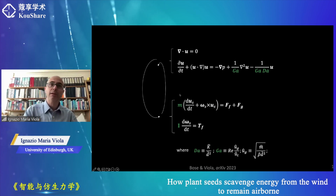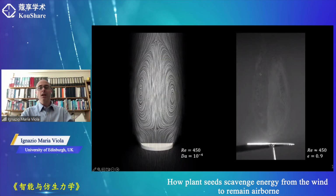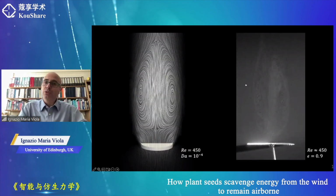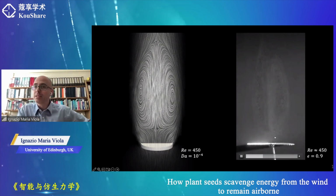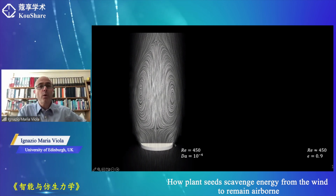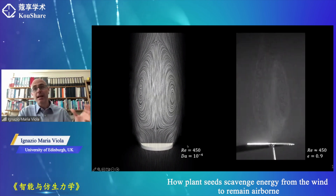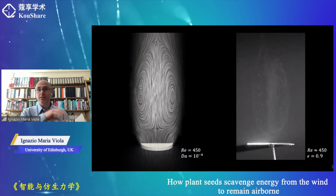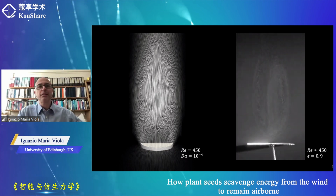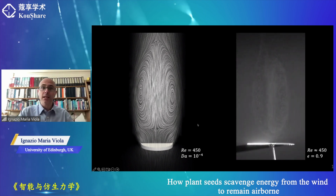So effectively, we have 3 parameters: the mass, Galilei, and Darcy. So now let's go back to the results. In this case, we compare the experiments that I've described to you a second ago with the simulation. As you can see, the simulation can actually represent this flow physics fairly well. There are differences for sure, but a separated vortex ring is captured numerically at the same Reynolds number, where remember